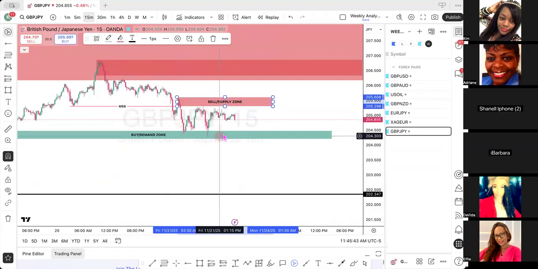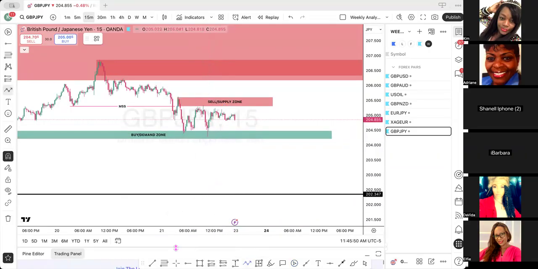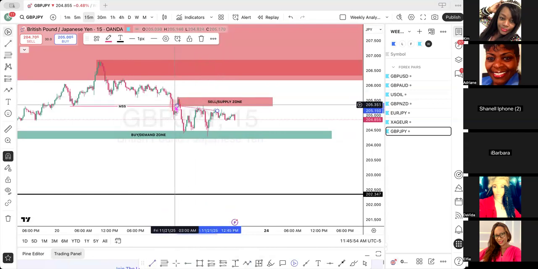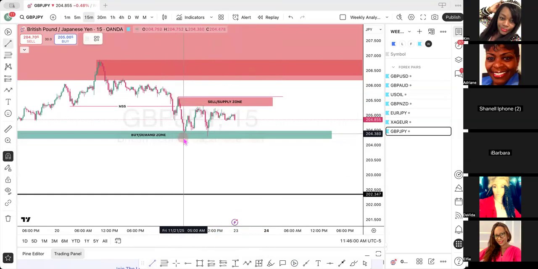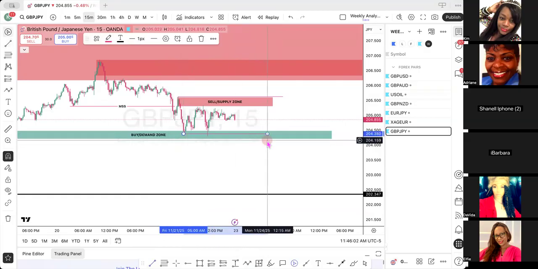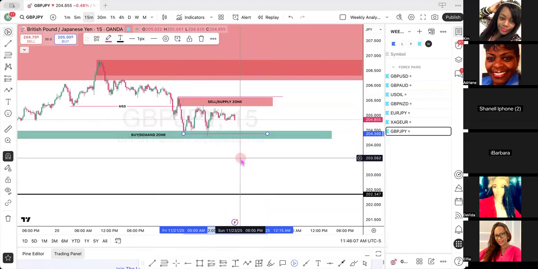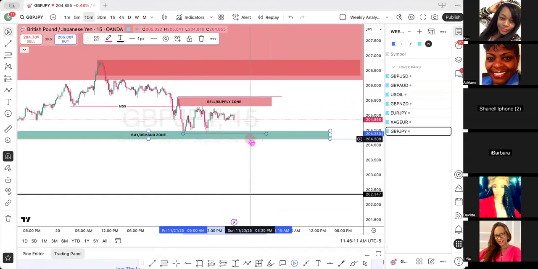So either price is going to have to create some more structure, because this right here is my 15-minute swing high. This is my 15-minute swing low. So price is either going to have to break this low and then shift structure back to the upside,